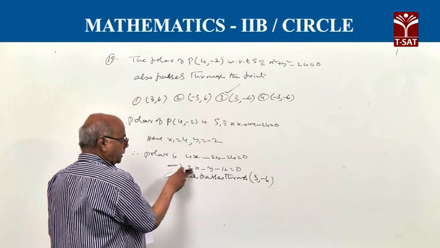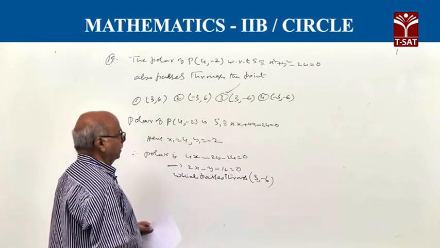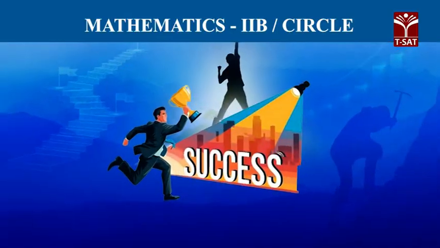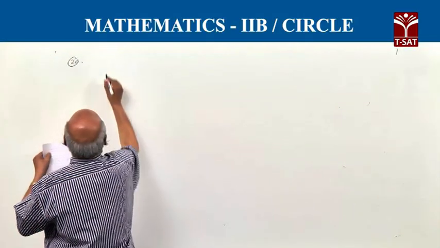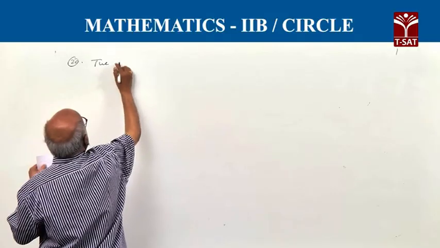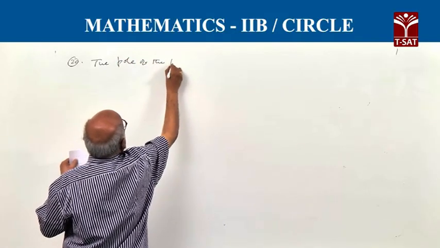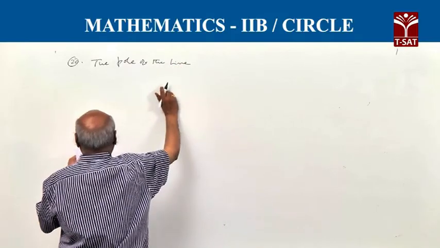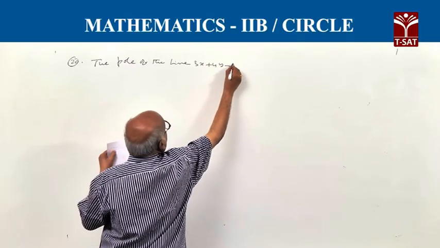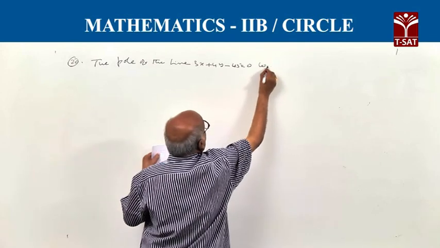So, x is equal to 3 means 6 minus 6, which means 6 plus 6, 12, minus 12, which is equal to 0. So, after getting the polar equation, just check the pole of the line 3x plus 4y minus 45 equal to 0 with respect to the circle